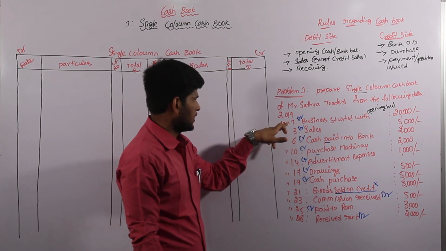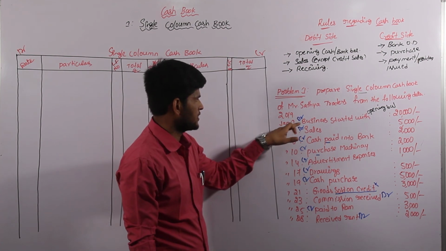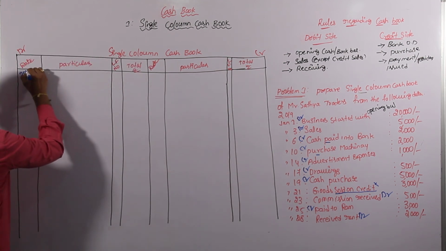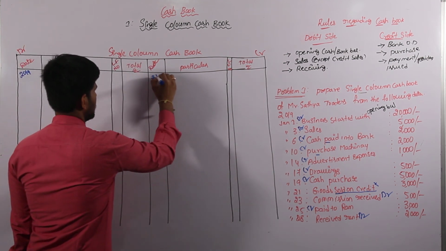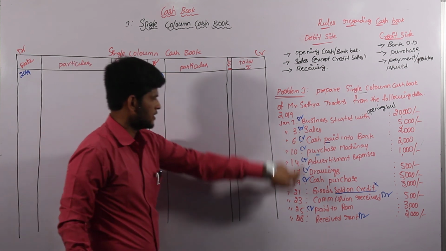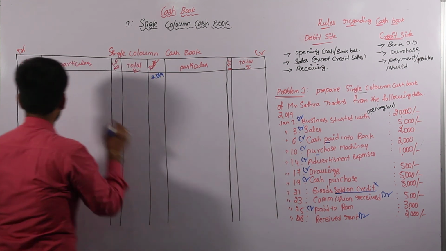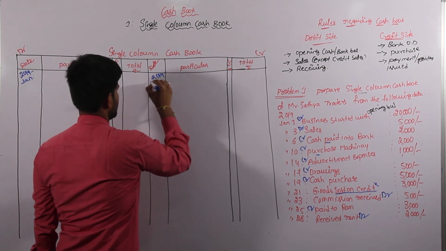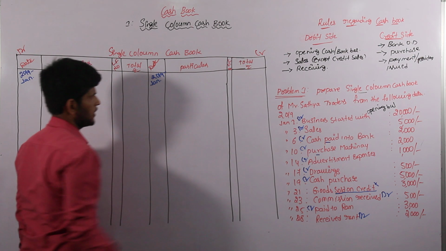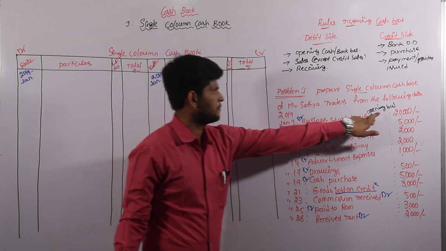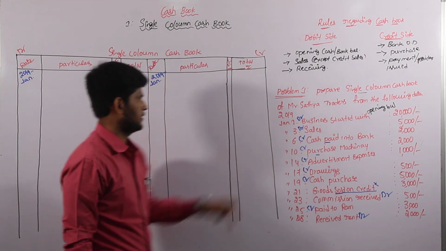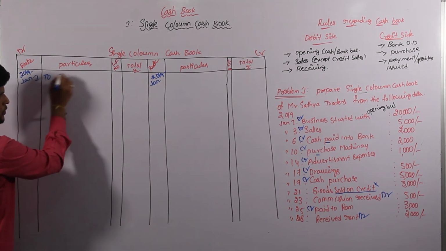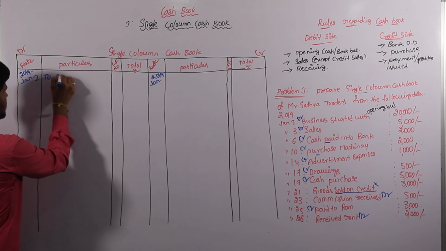debit and credit. And come to 2019 January 1st, it will be on the debit side. Year is most important, 2019 on the debit side, and on the credit side also 2019. All transactions relate to January, so we have to mention January also. January. So the first transaction is opening balance, it will be on the debit side. So first one, to opening